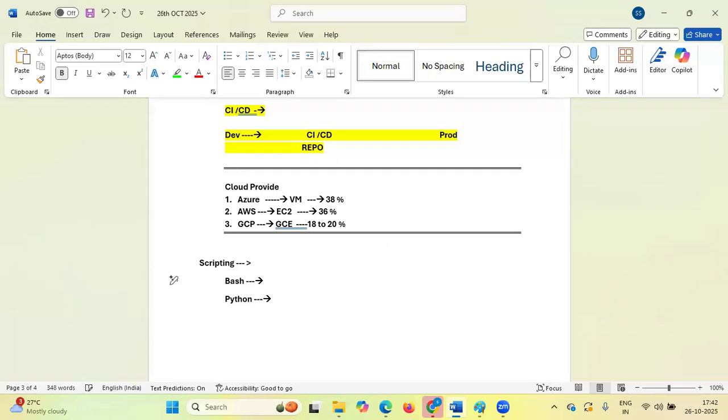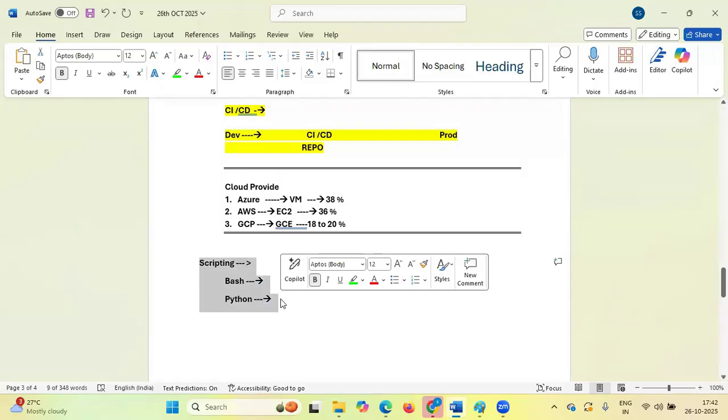These two things we are going to discuss in our next session. We have already fixed a particular time, and this many hours we are going to dedicate to Python and Bash. I'm not talking about you becoming a Python developer.